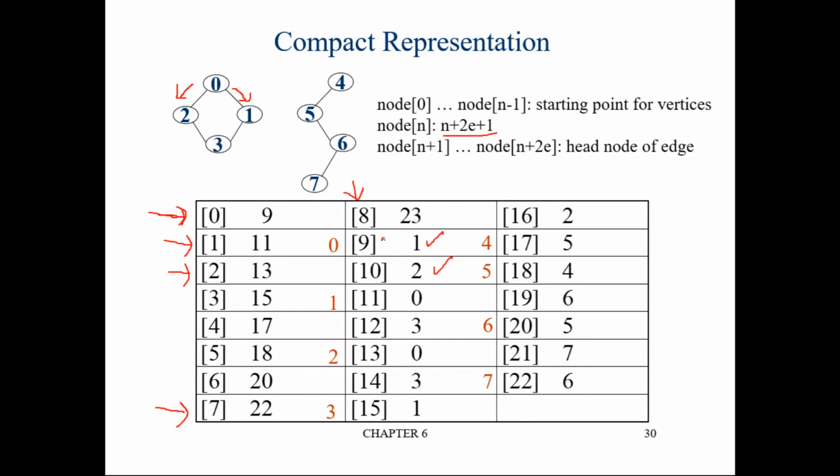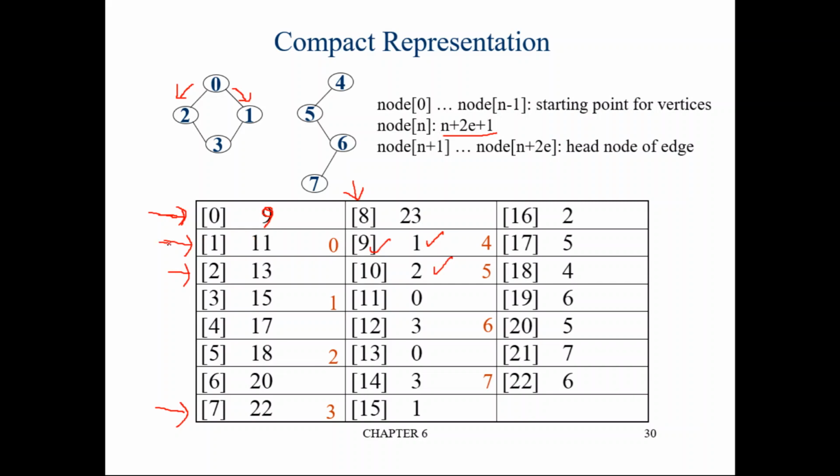So the edge detail of vertex 0 is available in which location of the array? 9th location of the array. That value you put here. That 9 will come here. The edge detail of vertex 0 is available starting from the 9th location. Starting from the 9th location to how many locations? It contains 2 locations. So 9 plus 2 is what? 11. So 11 will come in the next location.